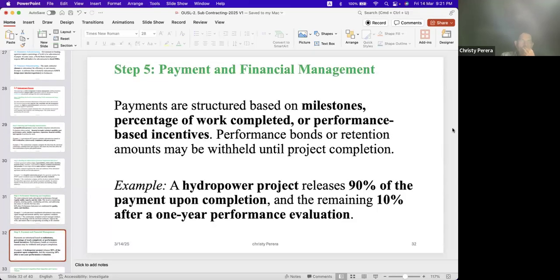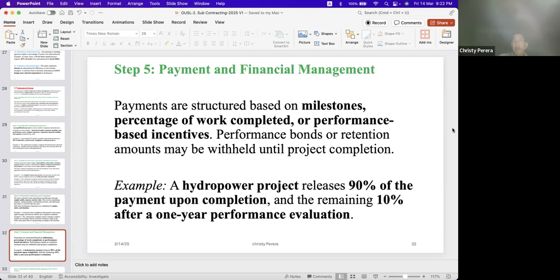Step 5, payment and financial management. Most of the time people are just forgetting this part, payment. It's very important. Payments are structured based on milestones. You'll have to explain, right? First stage, how much you'll have to pay. Second stage, the foundation and something, how much. Like that, you'll have to work out